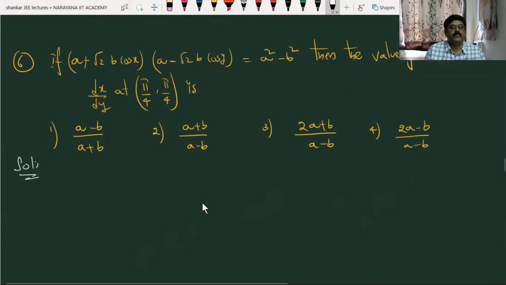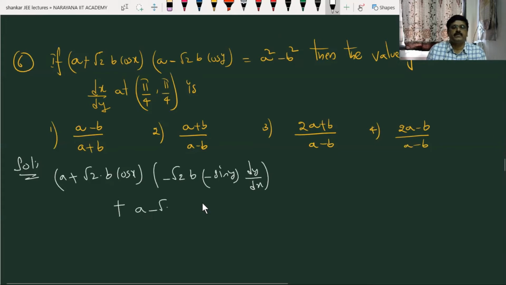Okay, so first (a plus root 2 b cos x) I write as it is. This one I write as I differentiate the second function. The derivative of constant is 0. It is minus root 2 b cos y derivative, students, minus sin y into dy by dx. Afterwards, plus (a minus root 2 b cos y) I write as it is, students. I differentiate the first bracket. If you differentiate that, you will be left with minus root 2 b into sin x is equal to